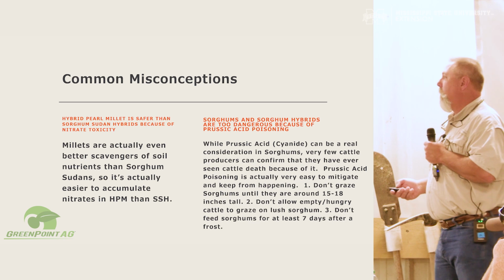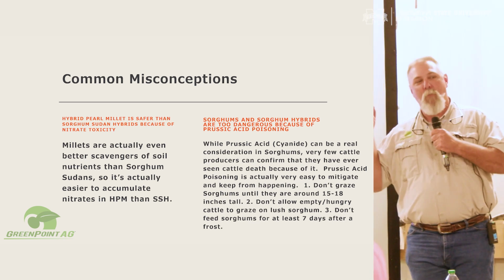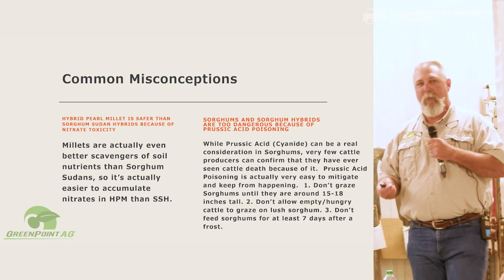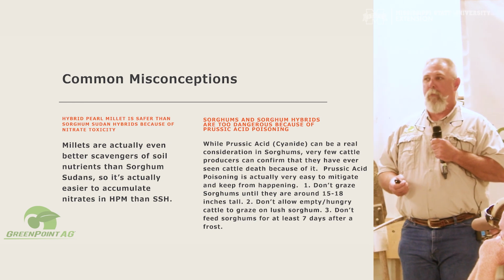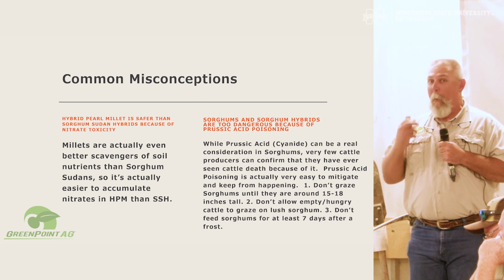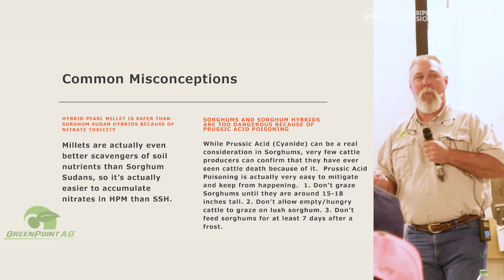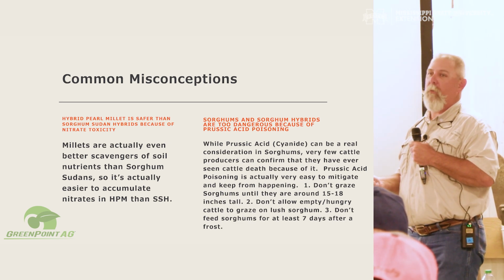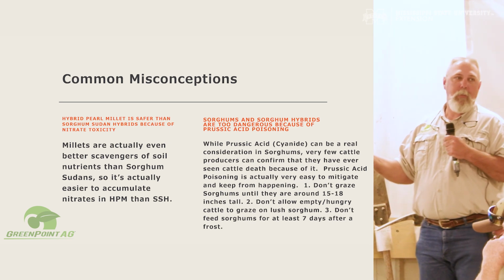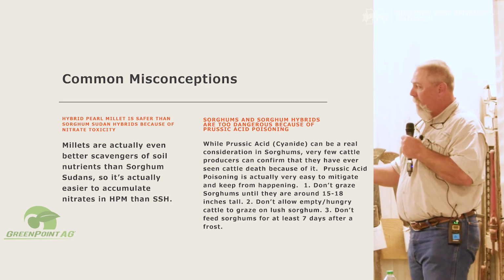Sorghum Sudan hybrids are too dangerous because of prussic acid poisoning. How many of you in here know for 100% fact that you have seen a cow die from prussic acid poisoning? Don't be scared if you know. Every time I ask that question, that's the response I get. Usually no more than 1 or 2 people in the crowd know for sure. It's an overdone deal. We talk about it too much. It's not as big a problem as it's made out to be,